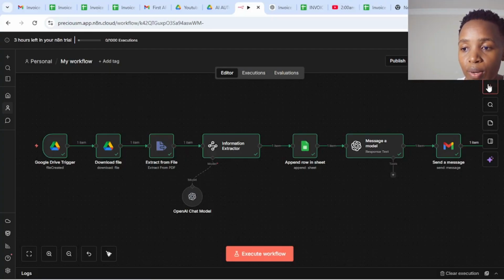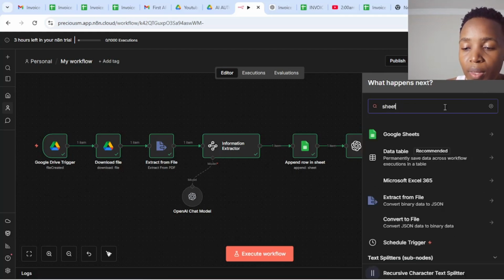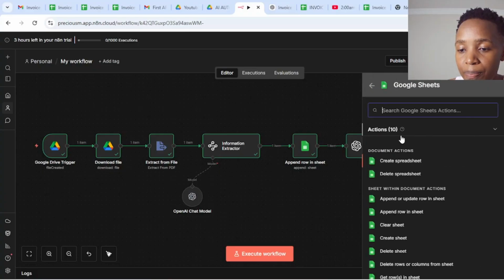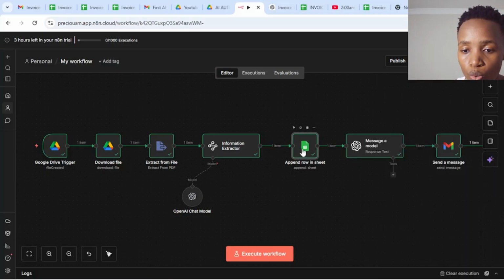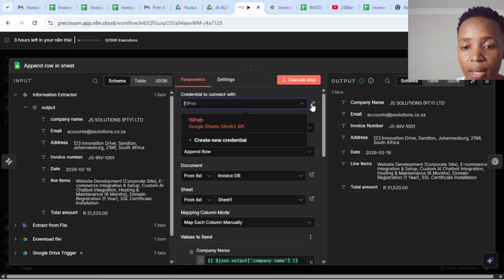What's going to happen is you add sheets. After adding sheets, you select, and what you're going to choose here is append row in sheets, because you want to add information. So you say append. After that, this is what's going to show. So what you will do here is you create credentials. After creating credentials,